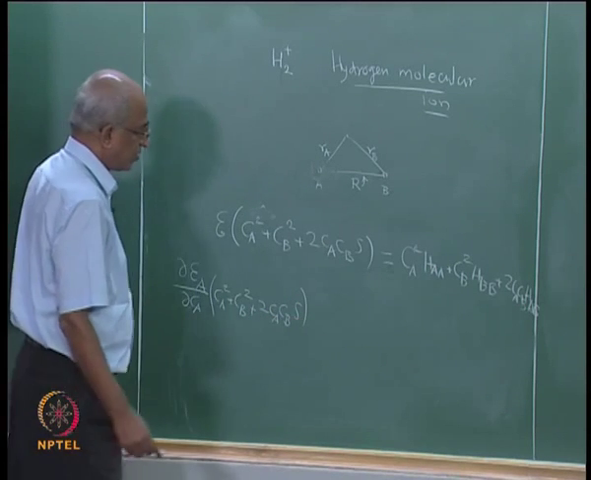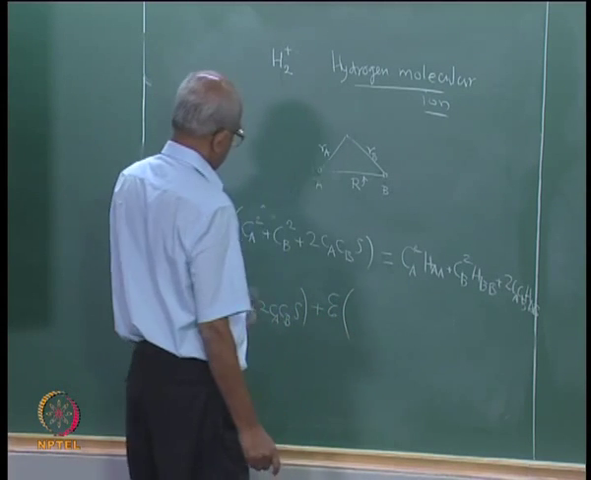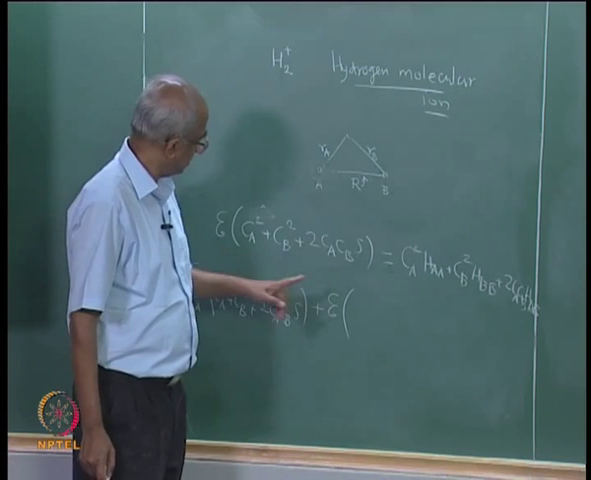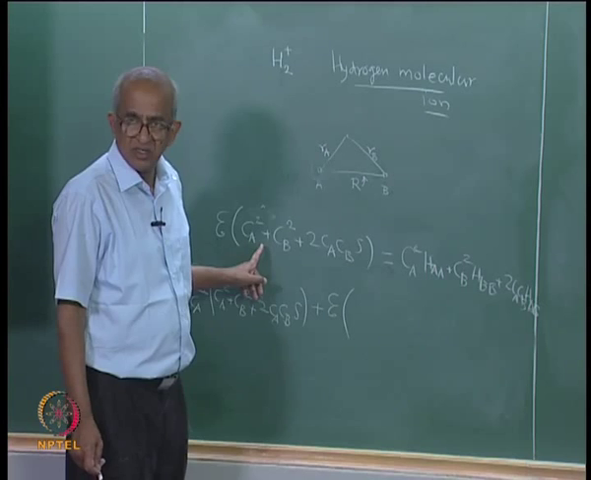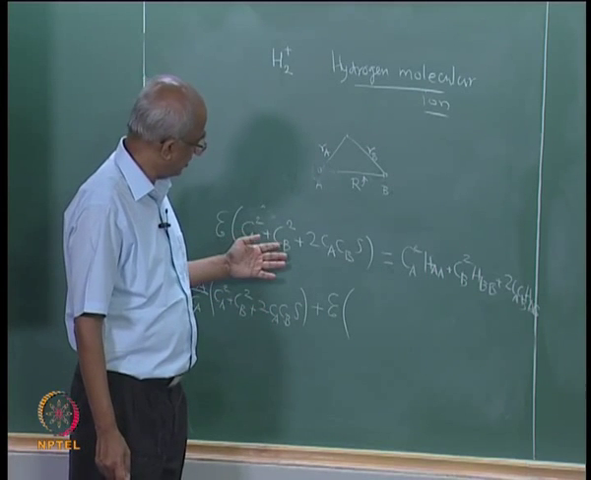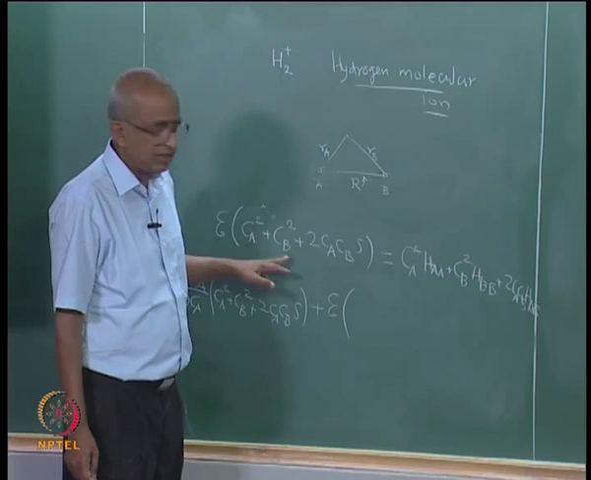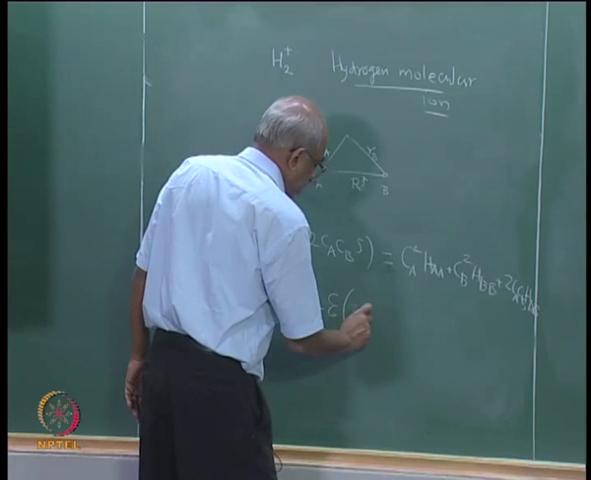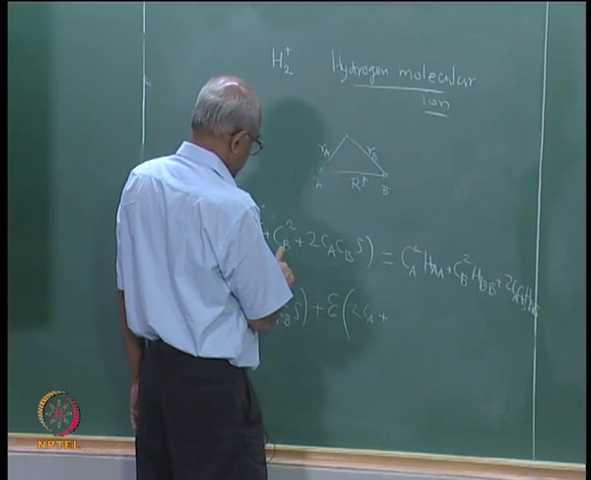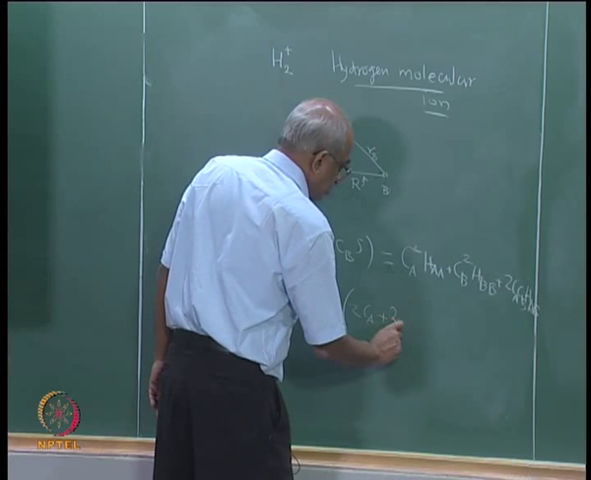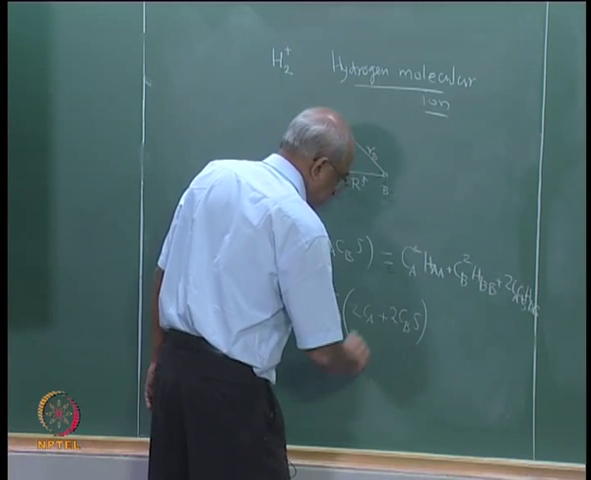That will be the first term, and you will have one more term, which is script E into the partial derivative of this expression with respect to Ca. So, what is the partial derivative? Well, partial differentiation with respect to Ca means you are keeping Cb constant. So, this is going to give me 2Ca plus 0 plus 2Cb S must be equal to the derivative of